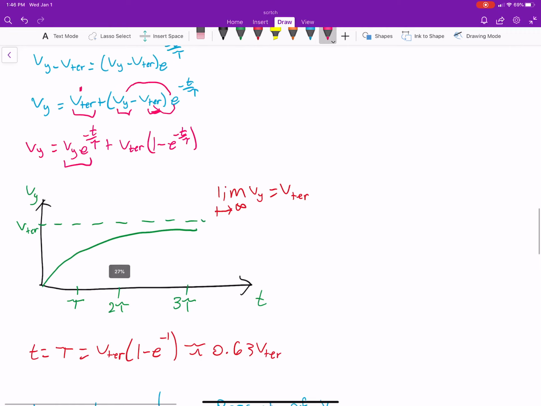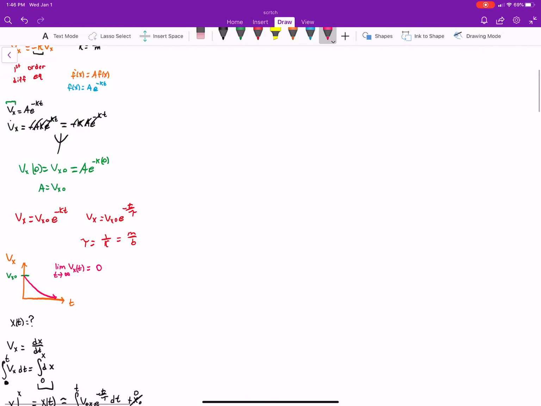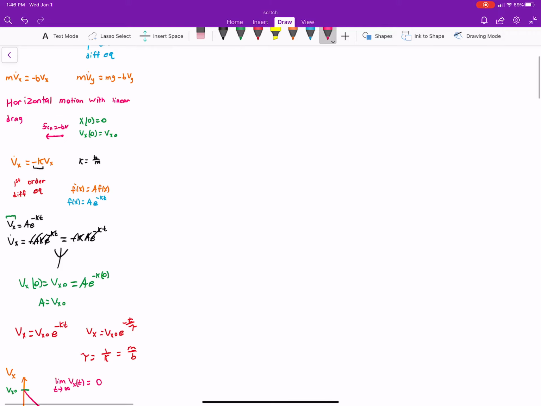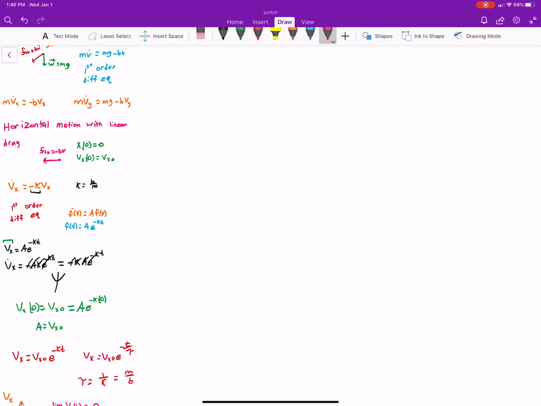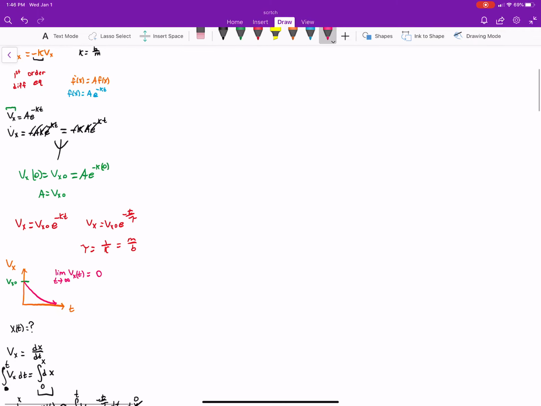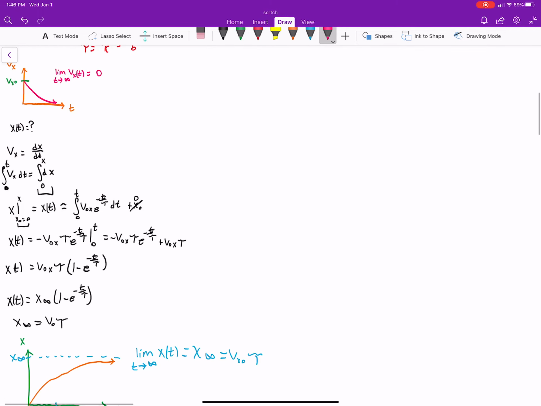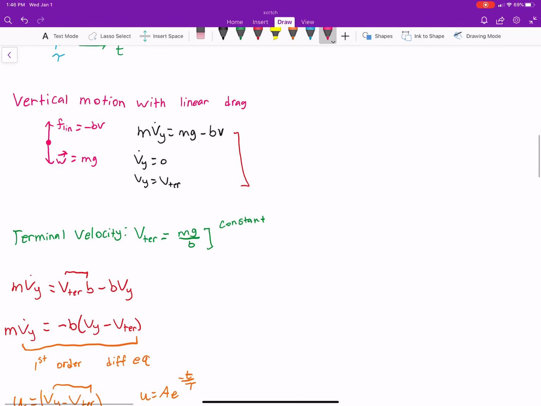So we went on a few tangents here talking about different things, but essentially with both horizontal and vertical drag, we start off with Newton's laws of motion. We simplify it to a first order differential equation. We solve the differential equation, and in this case they were kind of simple. There are different ways of solving them. They won't always be this way, but one way is just to recognize that. It's something to be on the lookout for. We graphed our velocity and position functions, and we solved for position. So after this, we'll start working